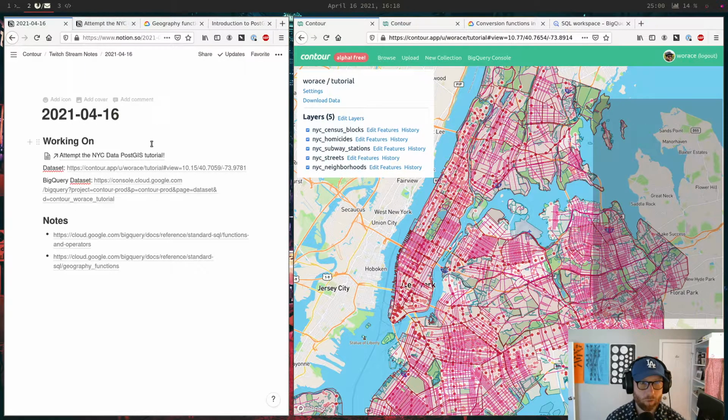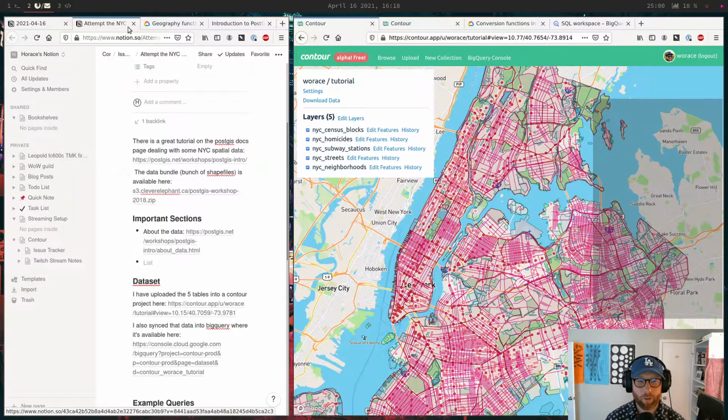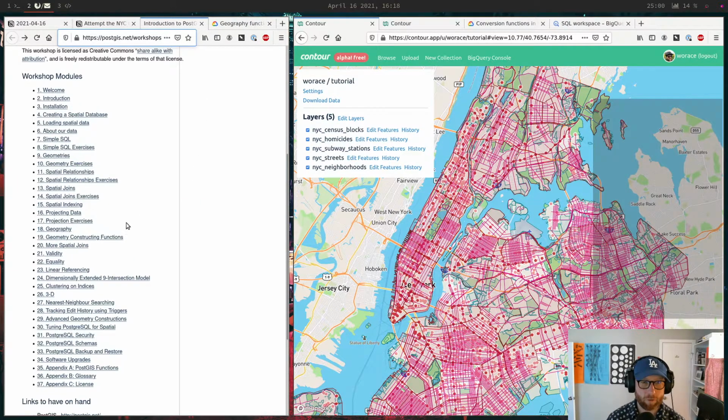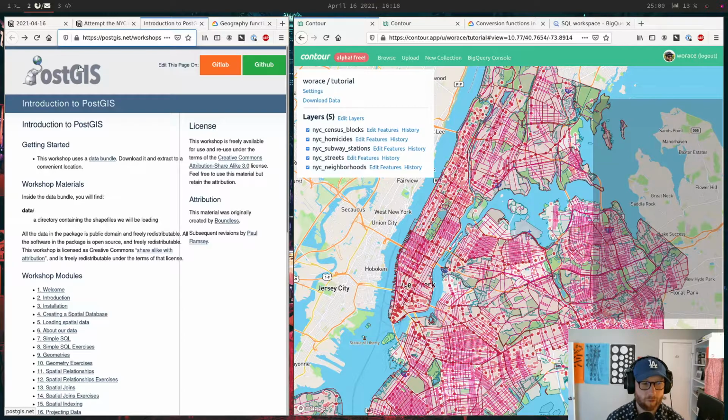We are going today to attempt to work through the PostGIS tutorial. On the PostGIS homepage,